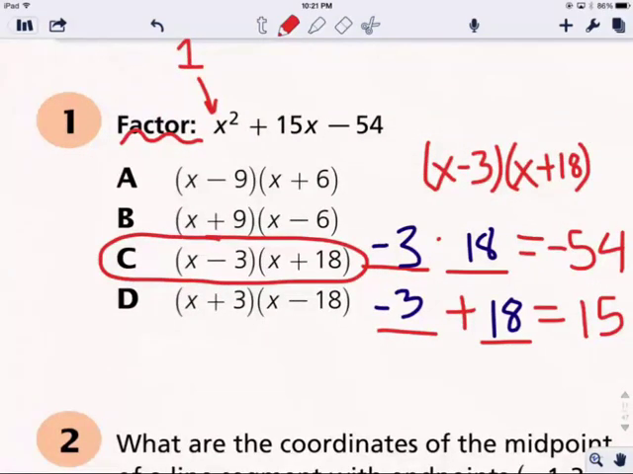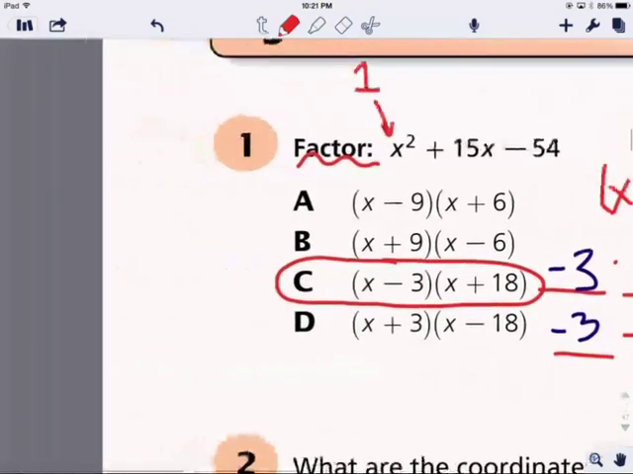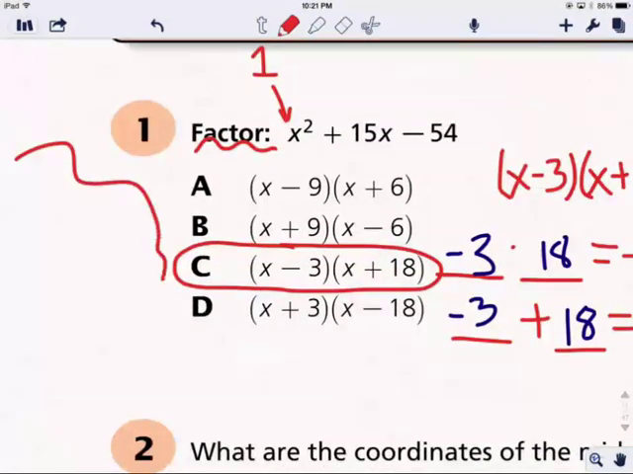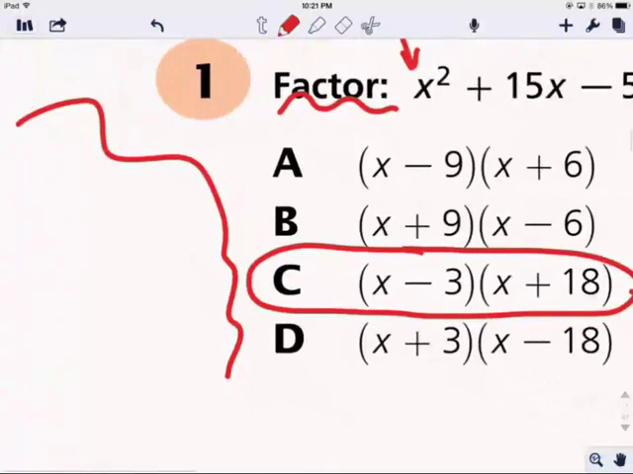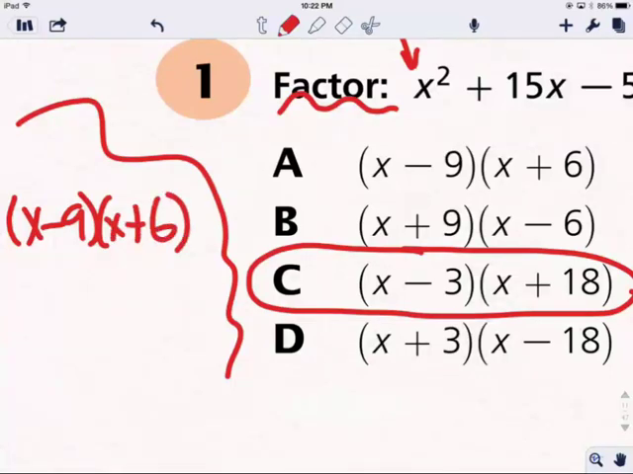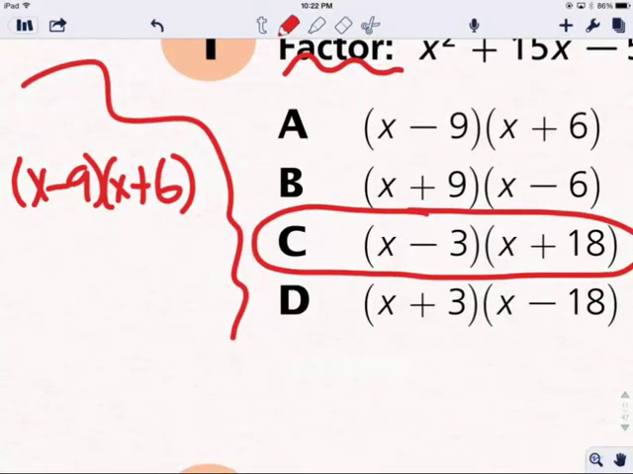Now, another way that you could have approached this problem is by working backwards. You could have taken any of these expressions, let's say A. So let's just have a thought bubble. If we wanted to test to see if A was correct, we could have started with A, x minus 9 times x plus 6, and we could have multiplied this out. For example, if you wanted to use FOIL,